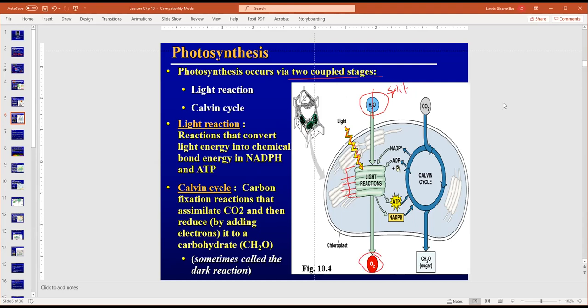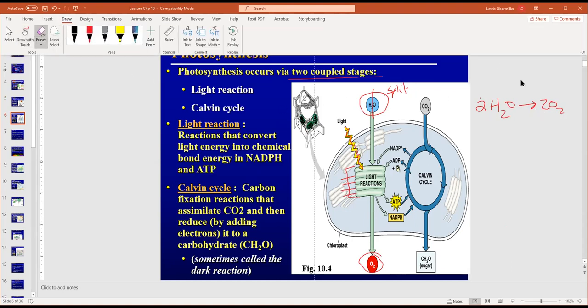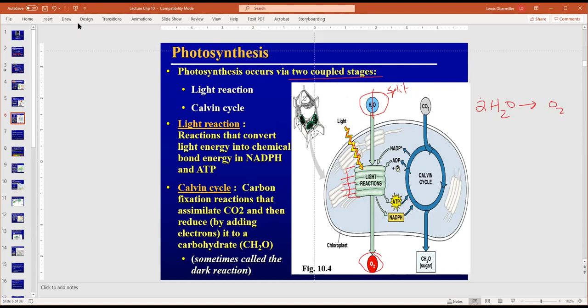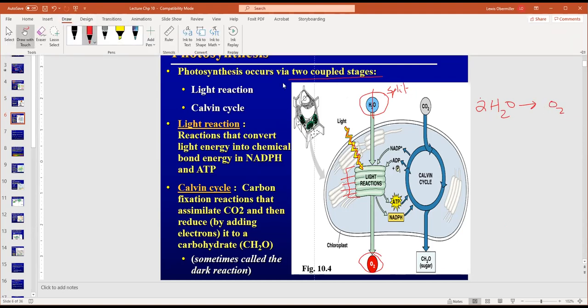And by doing that, it produces oxygen. So we really need 2 waters. So we have 2 H2Os, and that produces O2. So we have 2 waters that produce a single oxygen molecule. So we have it balanced, 2 oxygens and then 4 hydrogens. So we're going to produce